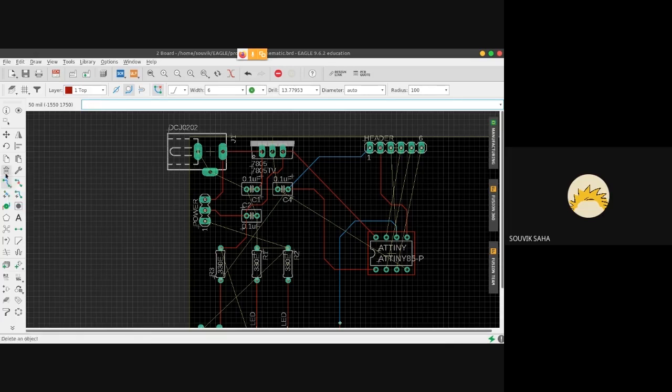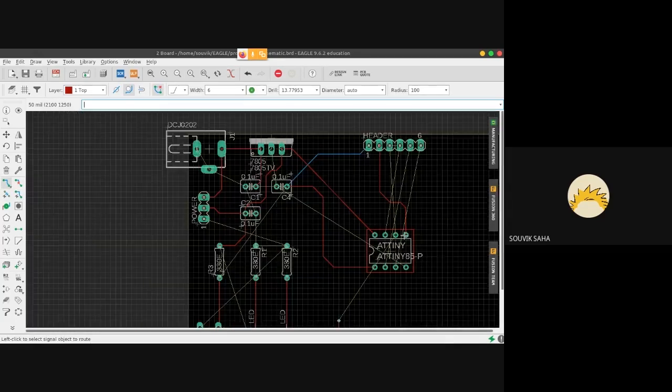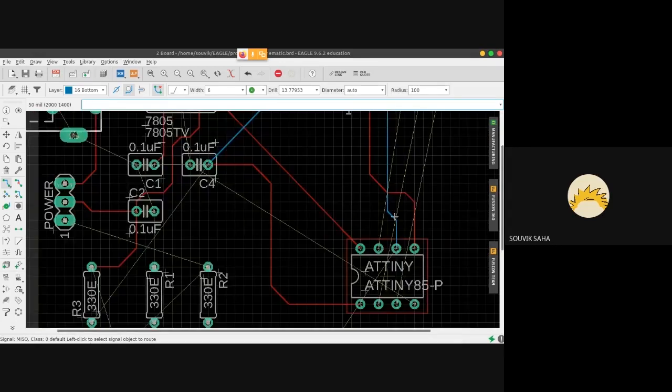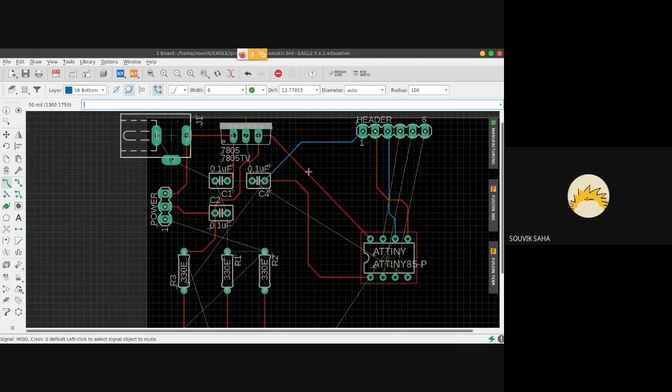You don't use the delete for the routings; you use this option called rip up. Suppose I want to delete this wire, I can click on rip up and you'll see that it gets converted back to an air wire. So if you need to undo anything, you can use the rip up button. And a shortcut for those who have a mouse at their disposal, you can use the middle mouse, that is the scroller, to switch from the top layer to the bottom layer.